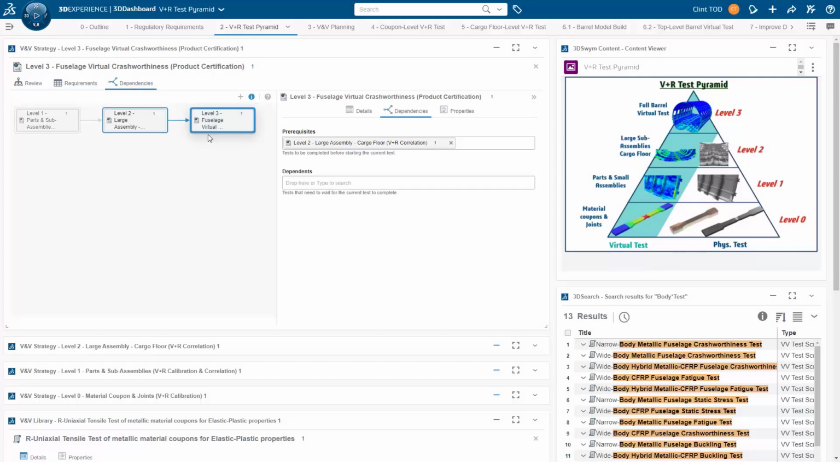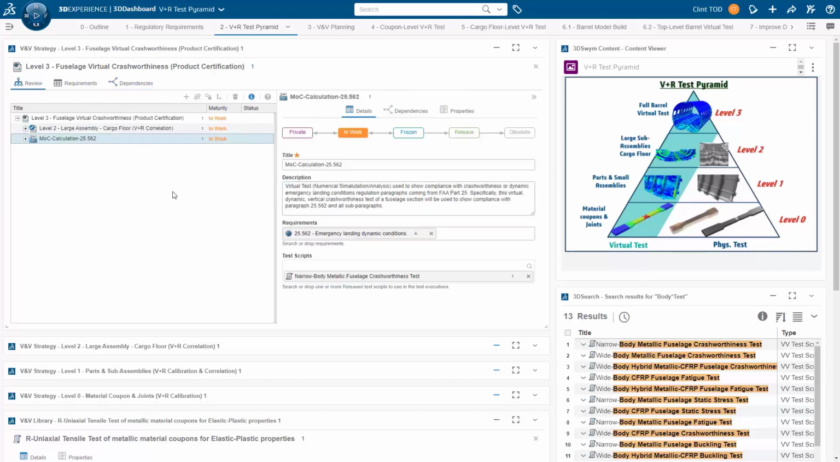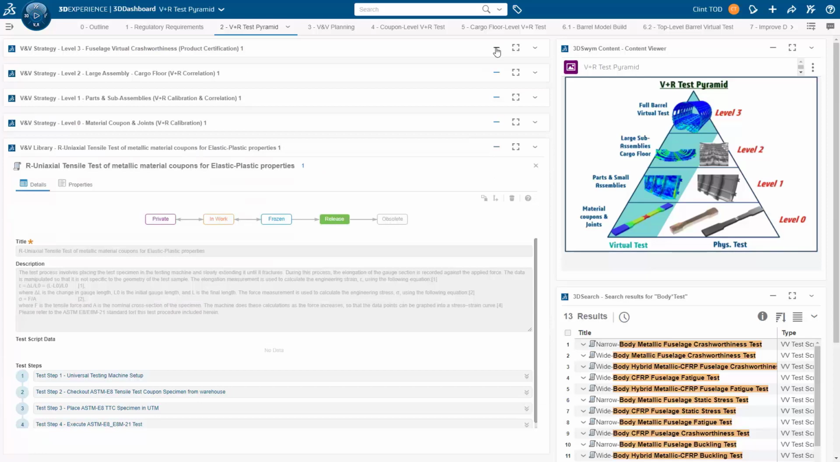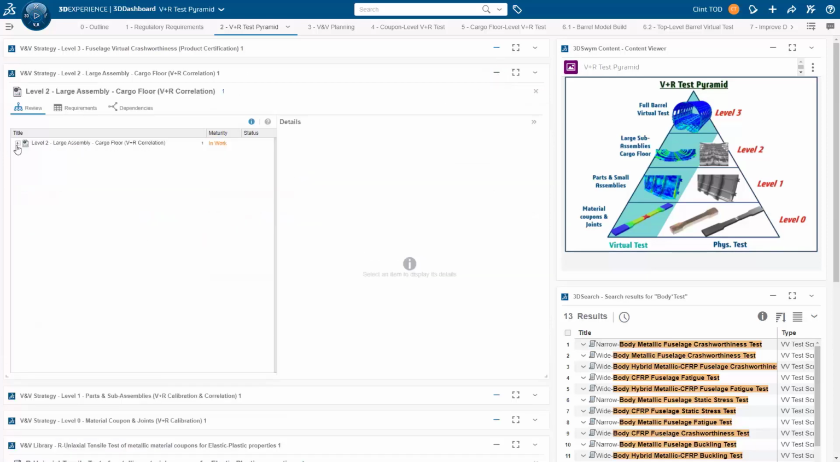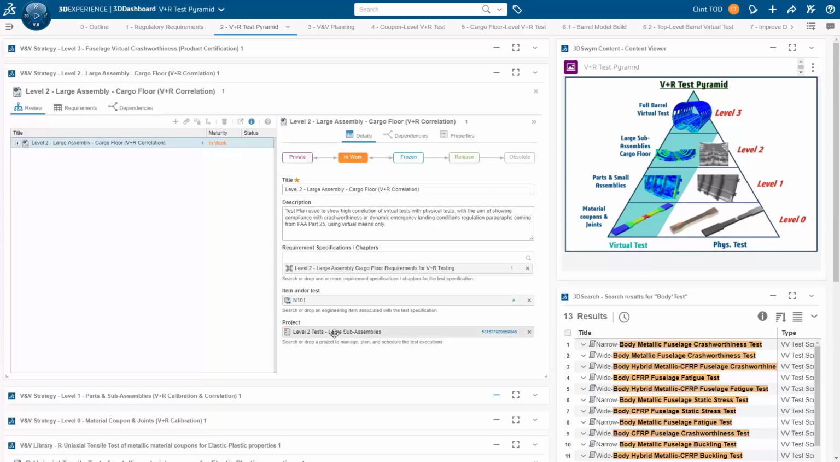As we said before, there is a notion of dependency or precedence, prerequisites so to speak, between the different test specifications in our V plus R test pyramid. Level 0 must be executed prior to level 1, which must be executed prior to level 2, all the way to level 3. If we show